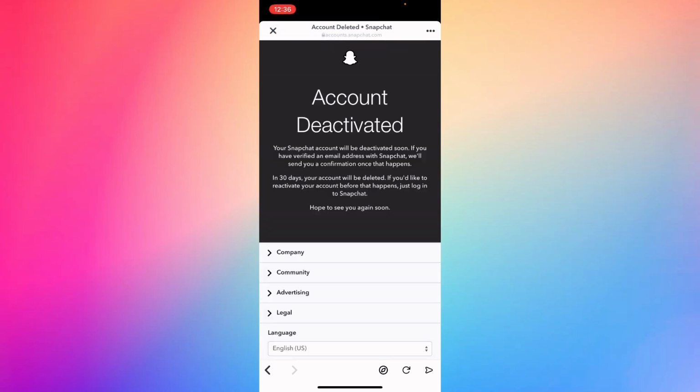It says account deactivated. Your Snapchat account will be deactivated soon. If you have verified email address with Snapchat, they will send you a confirmation once that happens. In 30 days your account will be deleted, and if you would like to reactivate your account before that happens,